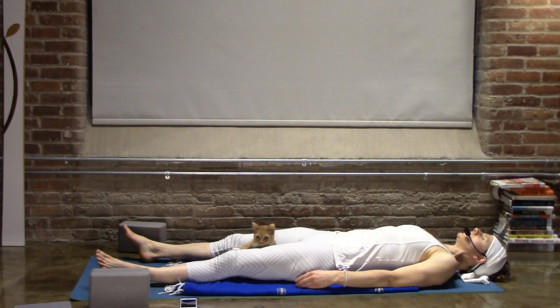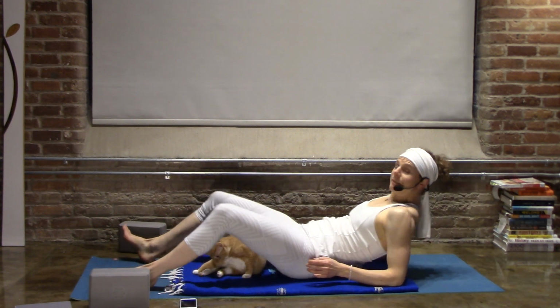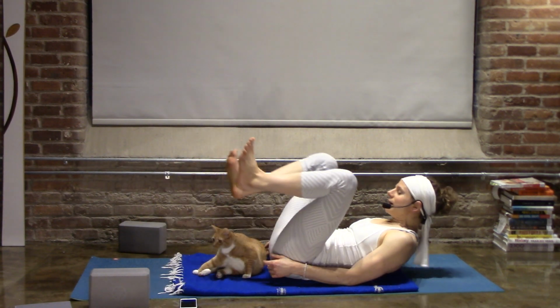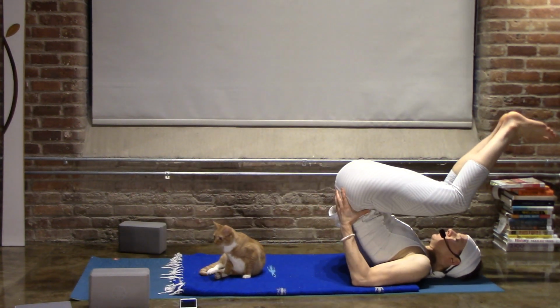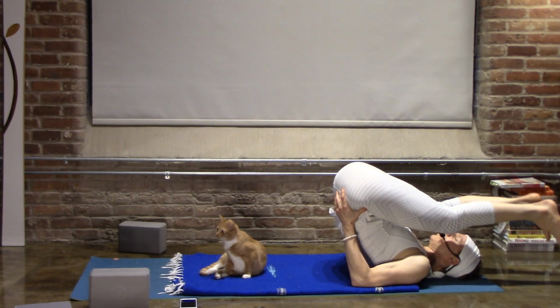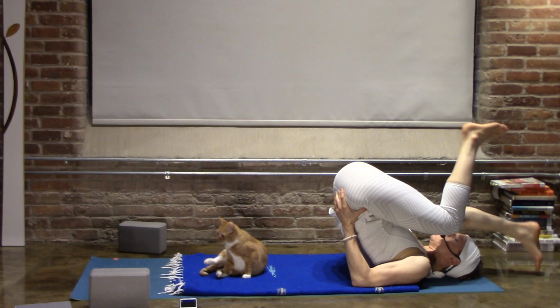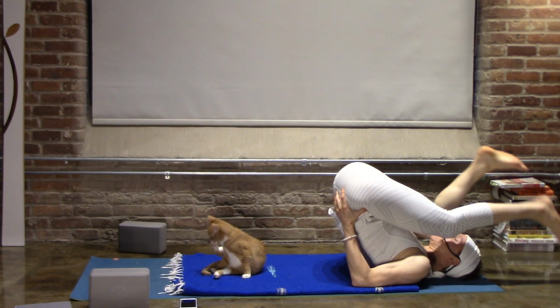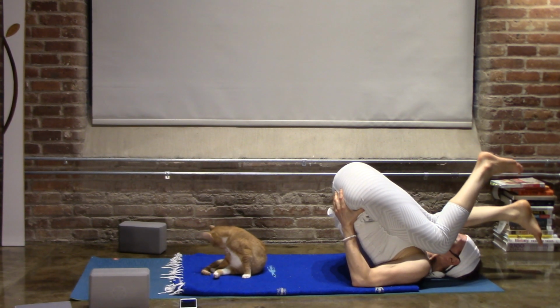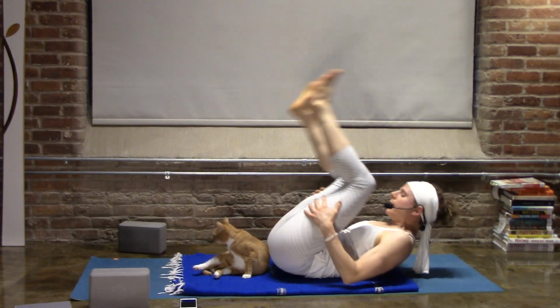To prepare to go any further, we need a little more length through the back body. So you can bend your knees. Roll your hips up. A little bit of a modified shoulder stand as you can. And just drop your toes overhead as you can. You'll feel it stretch the back of your spine. You can go one toe at a time. Softening your shoulders, lengthening the back body, so that when we roll back up,